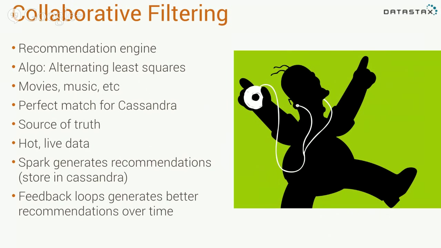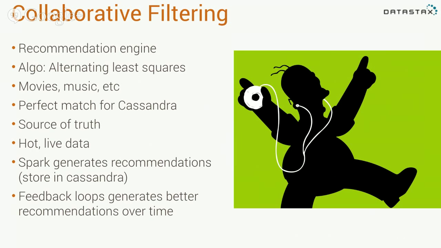This is the really fun one. If anyone wanted to build a recommendation engine and you're not sure how to do it, collaborative filtering is for you. Spotify did a talk at the Spark Summit about how they're using this to do song recommendations for their music system. Amazon does collaborative filtering, like Apple. Everybody is doing this. I don't know if they're all using Spark for it, but I know that Netflix is publicly trying to move all of their infrastructure away from MapReduce, Hadoop, over to this.